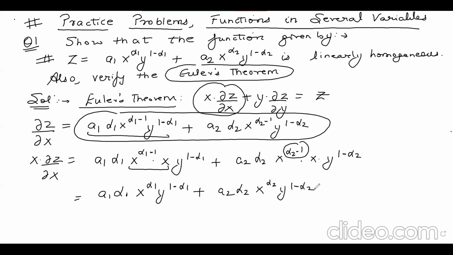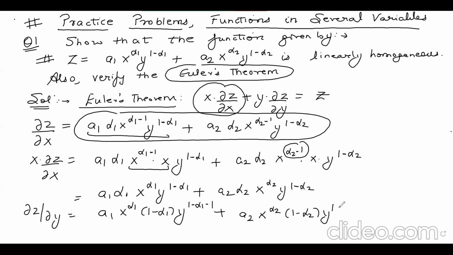Okay, and similarly, let's find del z by del y. That's the partial derivative of z with respect to y, treating x as a constant. That's a1 times x to the power alpha 1, 1 minus alpha 1, y to the power 1 minus alpha 1 minus 1, plus a2 x to the power alpha 2, 1 minus alpha 2, y to the power 1 minus alpha 2 minus 1. This is how I calculate the partial derivative of z with respect to y, treating x as a constant. So I get